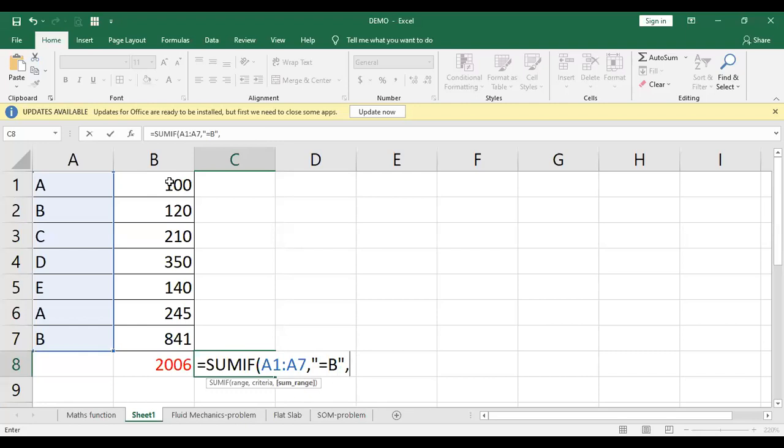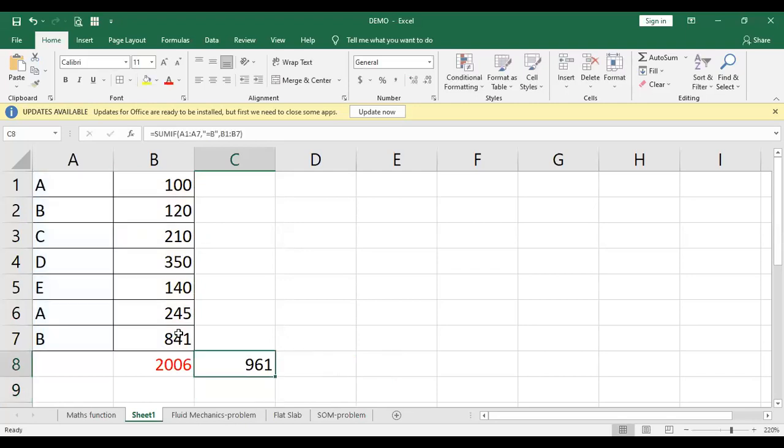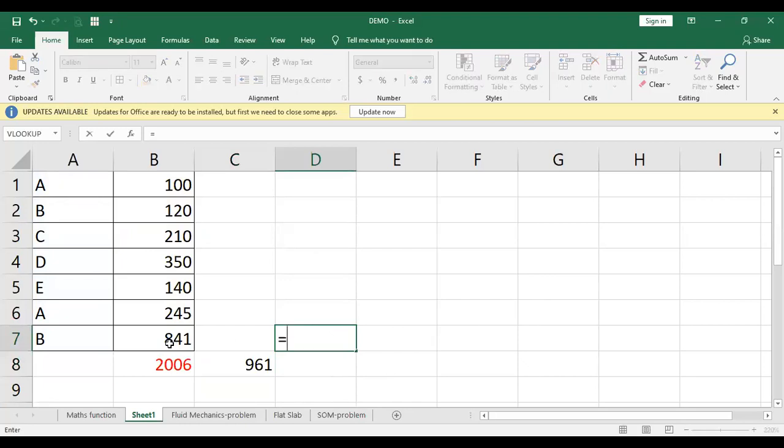Range, again sum range. So sum range would be here, and mark here equals to. So what it has done, it has given only the sum of B part. So the sum of B part, even you can do it here equals to B for this, click here, plus D. So likewise,